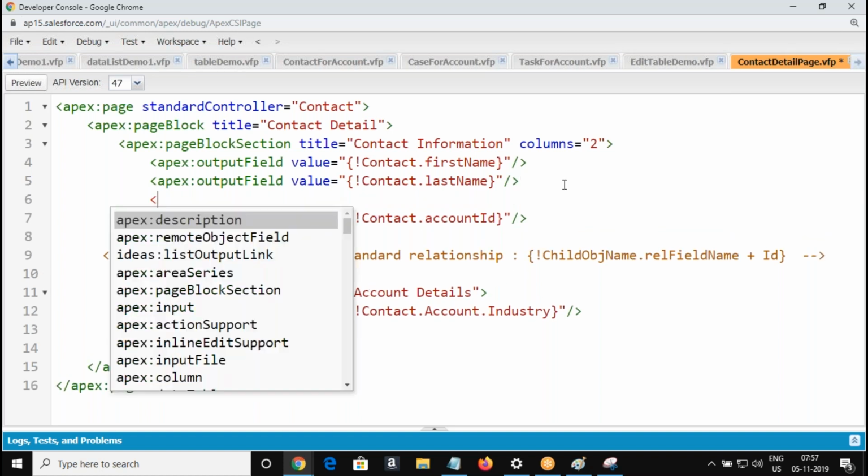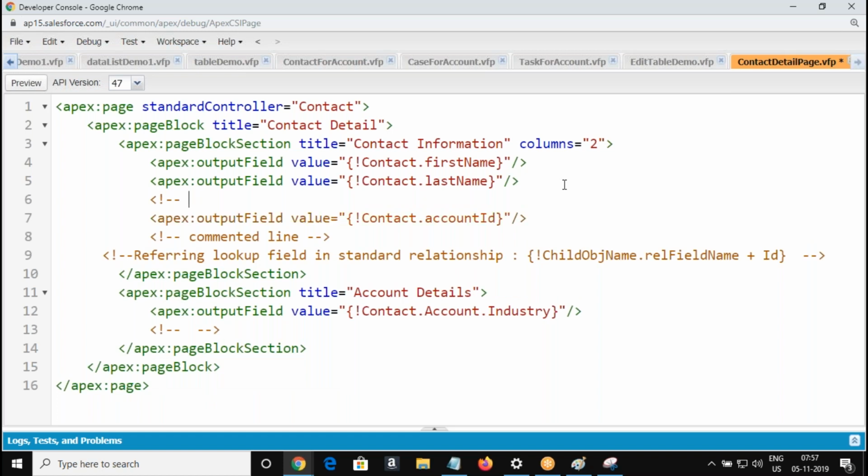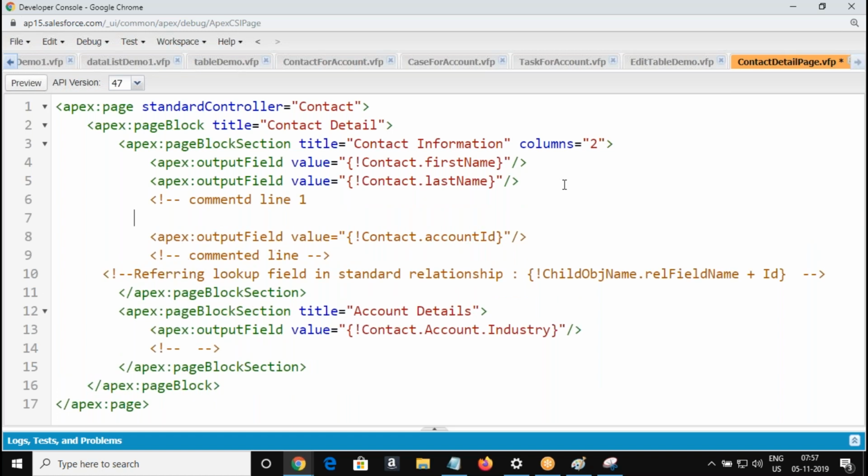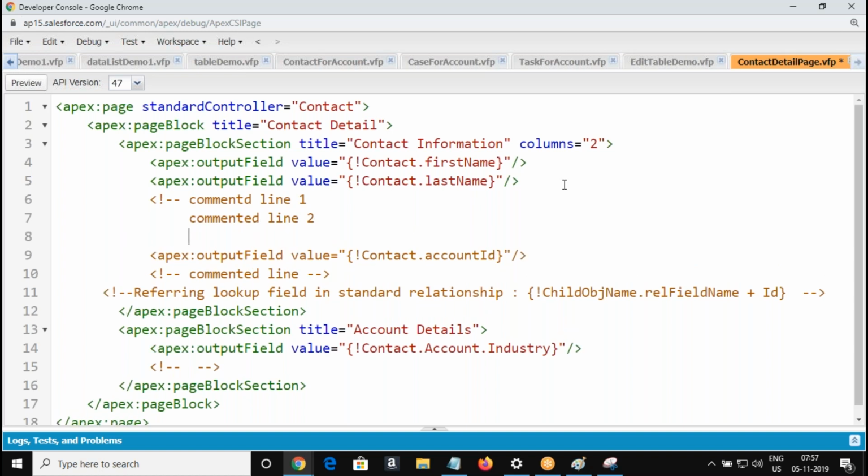Wherever you'd like to open the comment, commented line 1, there you have to close it. That's it. You will be able to follow this. Right, we'll go back to the naming convention.